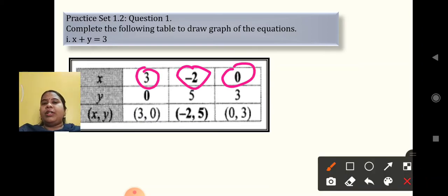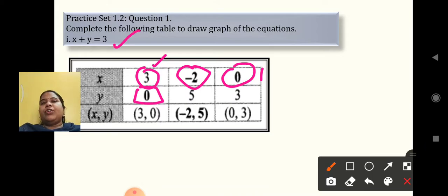You don't have to learn anything by heart. This also can be taken as one. No hard and fast rule that you have to take only these values. Now if it is given as an activity question and they are giving you the value as 3, they have given you the x value as 3. They are asking you to find out this value. So what are you going to do?